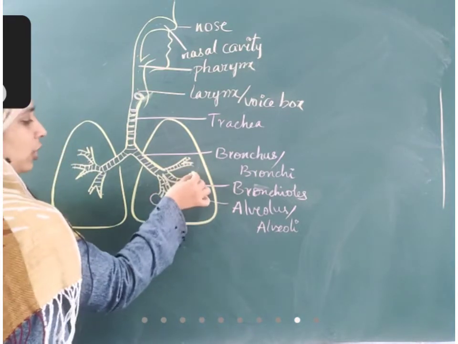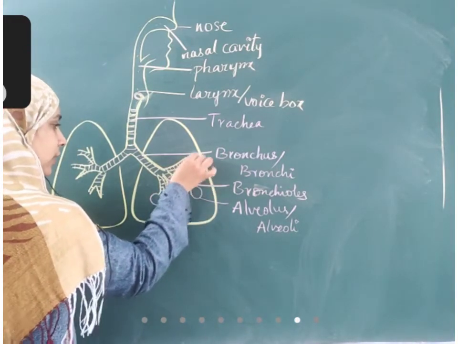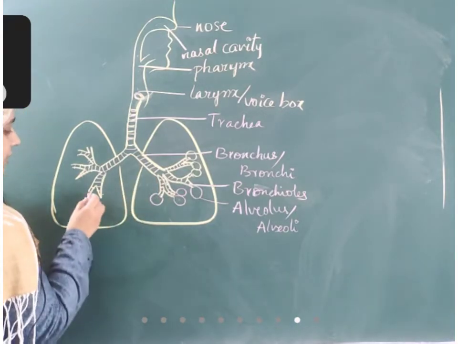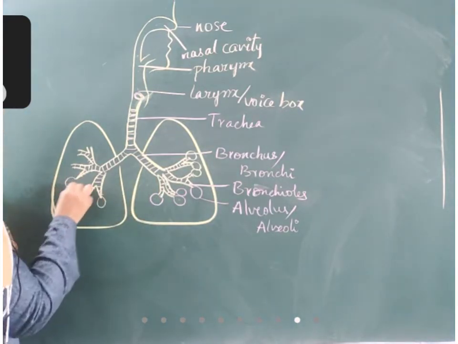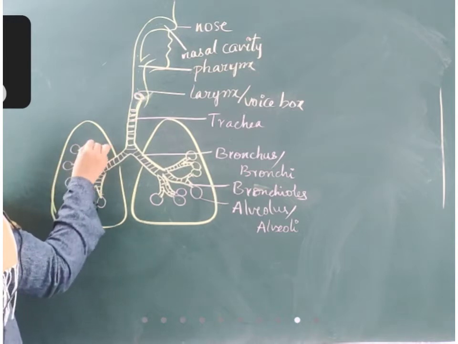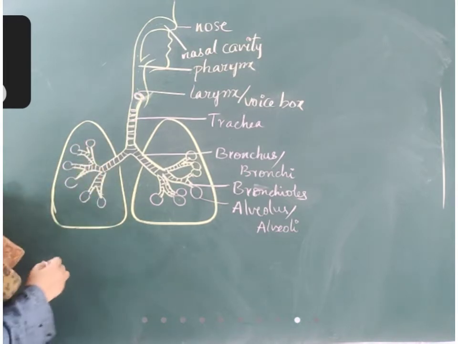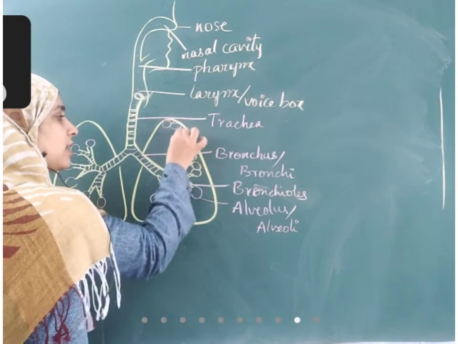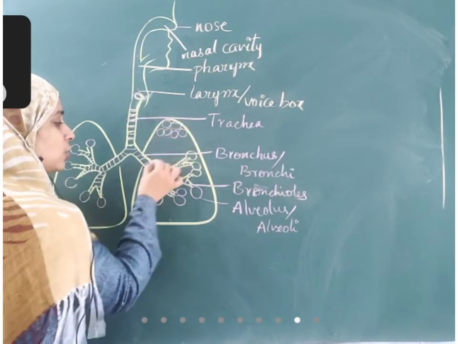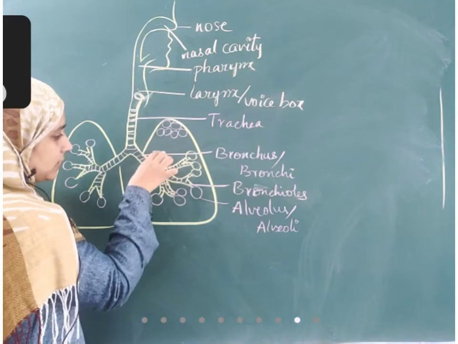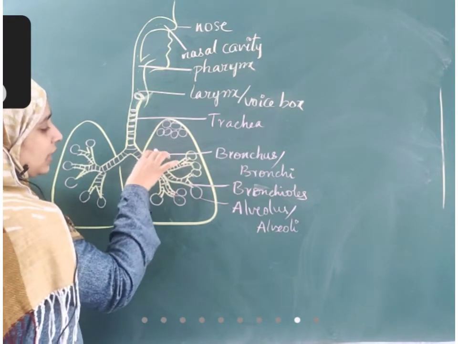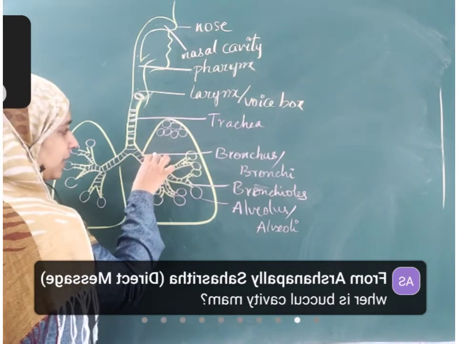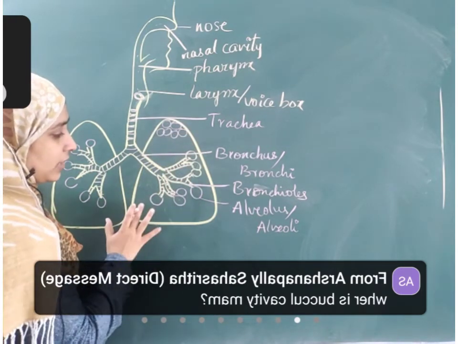I have drawn here only some, 7 alveoli on this side, and on the other side I drew only 6 alveoli. But it's not the case. The total lung is packed with alveoli. So imagine how many branches arise from each bronchus. It divides into millions of branches, and each branch has one alveolus at the end.